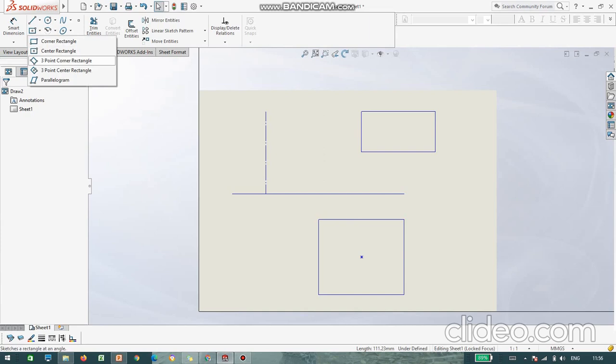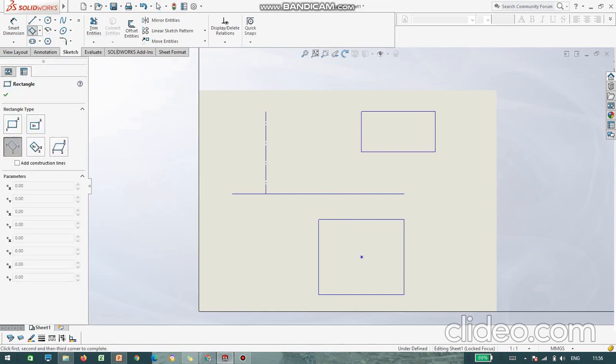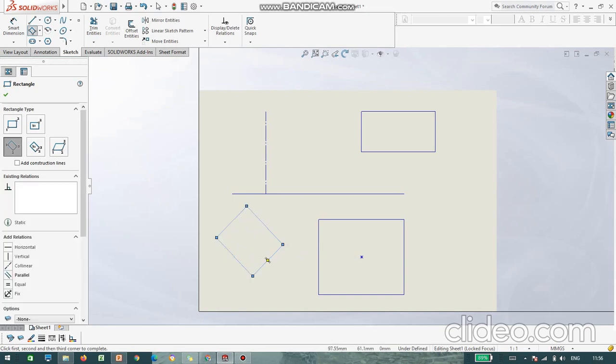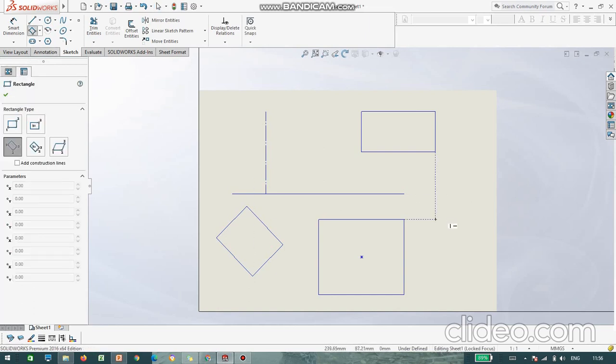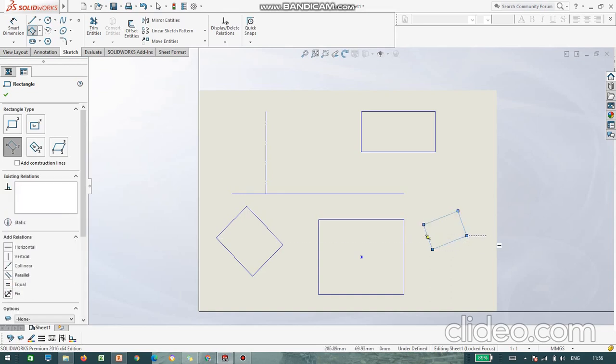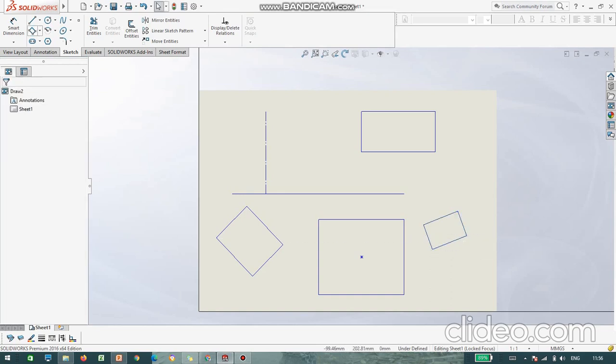Next we have the 3-point corner rectangle. As the name says, we need 3 points: 1, 2 and 3. Next we have the 3-point center rectangle.